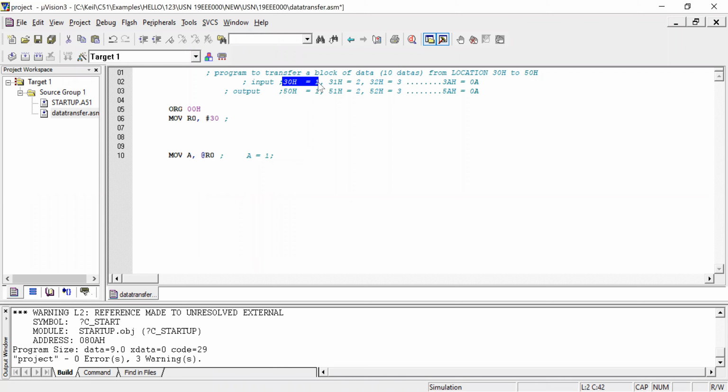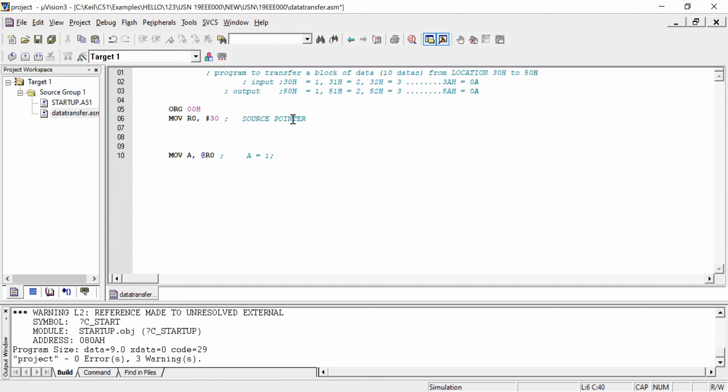Why are we moving 30? It is like a pointer. Once it is moved to R0, it is pointing to the 30H location. That is what you should understand. So I can say it is a source pointer.